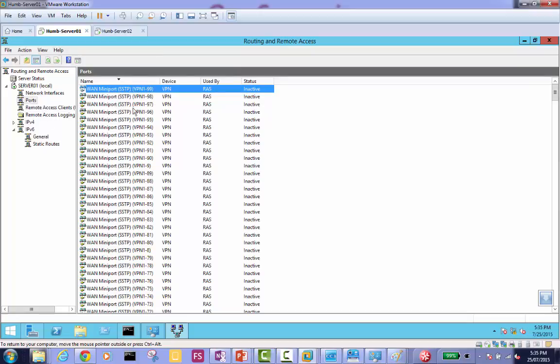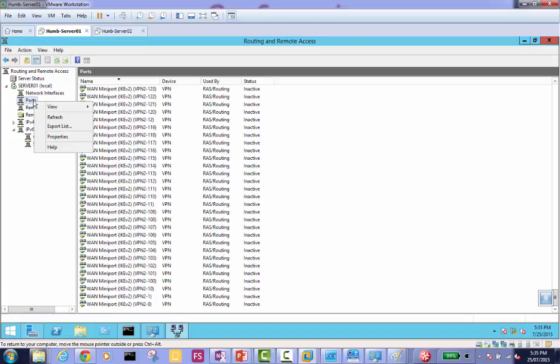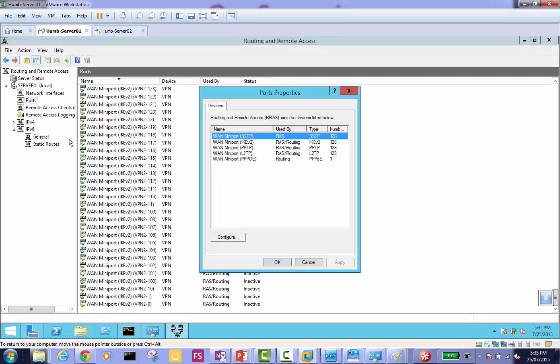If I keep going down, notice that this is SSTP right now, then it changes to PPTP, and then to IKEv2. If we want to know what is going on here, we right-click the ports and go to Properties. Now you see SSTP and the number of connections it can take is 128.